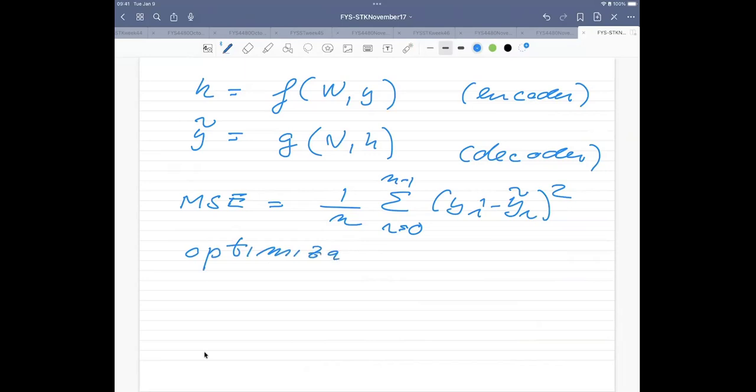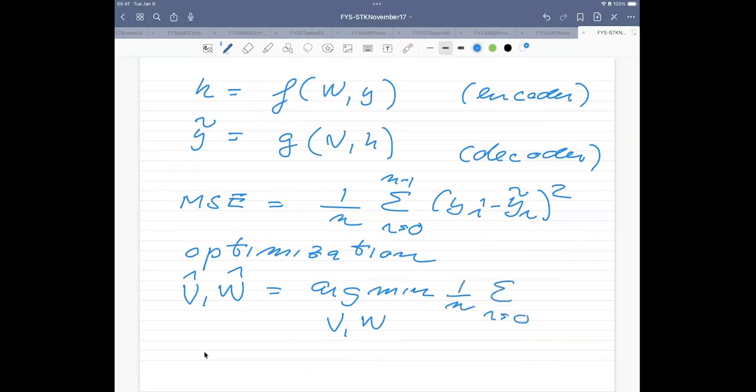And this is probably the last thing we do today. So the optimal parameters, v and w, are again given by the minimization over v and w of 1 over n, sum over i equals 0 to n minus 1, of y of i minus y of i tilde, squared.